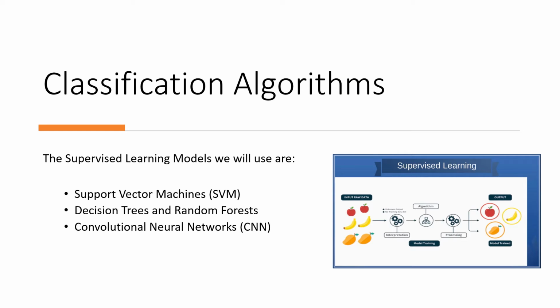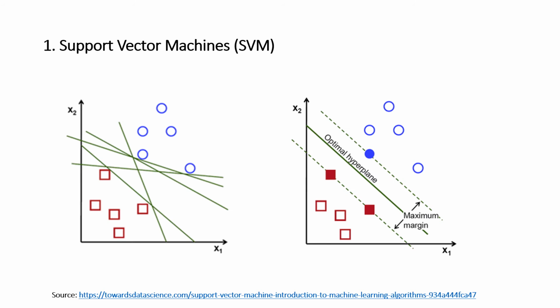So the classification algorithms that we'll be using in our project are support vector machines, decision trees and random forests, and convolutional neural networks, CNN. Support vector machines are a supervised learning method that is used for classification, regression, and outlier detection. This machine learning method is used to find a hyperplane in a multidimensional space that classifies data points into different